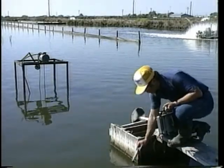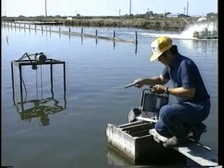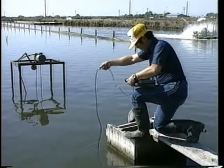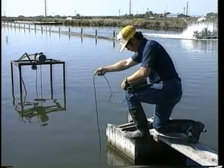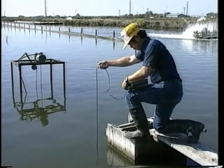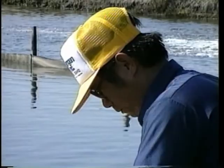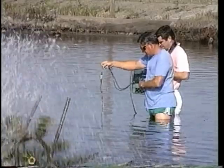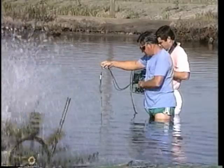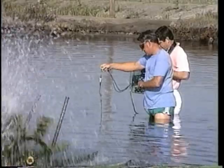To evaluate water quality in intensive ponds, it is necessary to routinely monitor several parameters, including temperature, salinity, dissolved oxygen, pH, ammonia, nitrite, and hydrogen sulfide. Many of the parameters are relatively constant in pond systems and can be measured on a weekly basis. However, dissolved oxygen fluctuates erratically and should be checked at least once each day at dawn. Hydrogen sulfide is difficult to measure chemically at the parts per billion level. As an alternative, the pond manager should monitor the pond bottom for accumulation of black sludge with a characteristic rotten